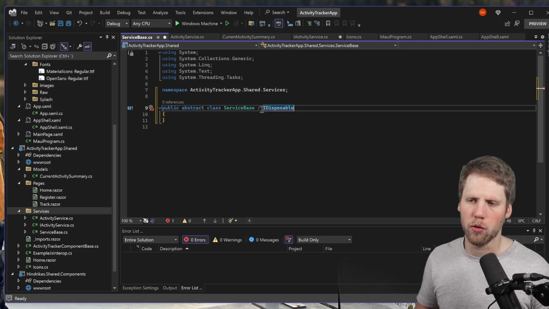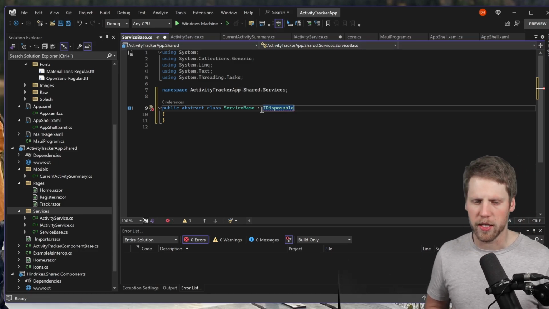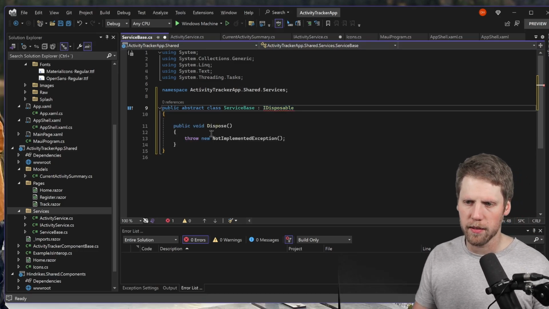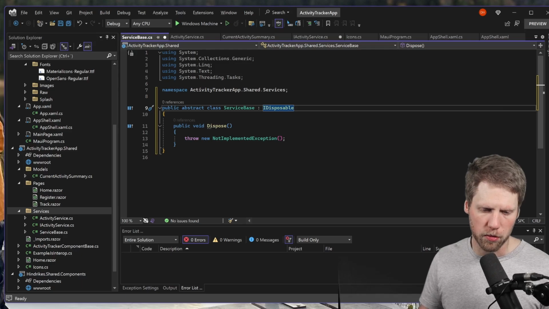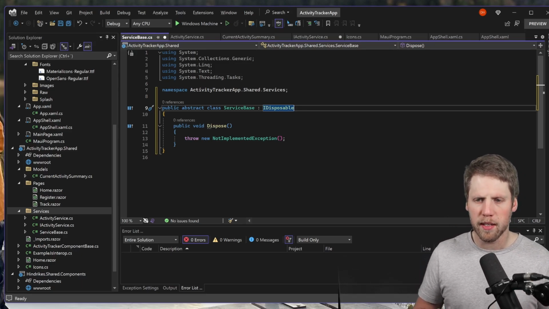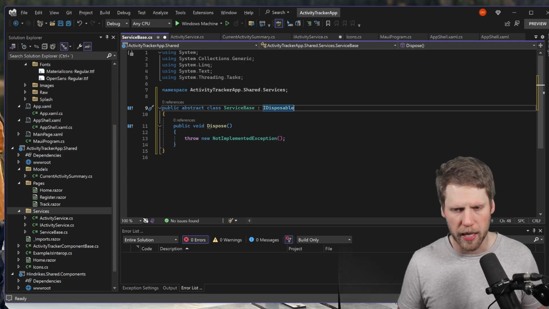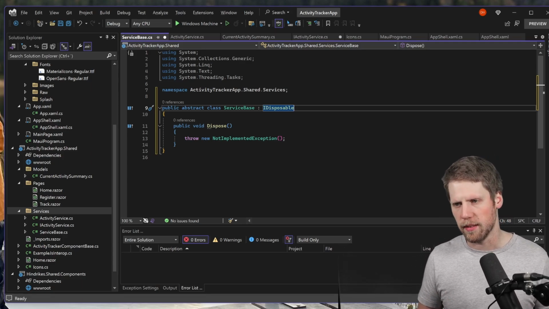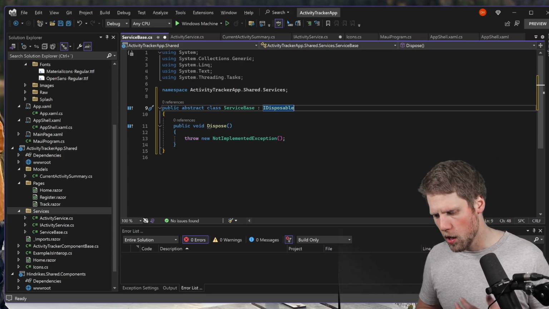So we can close the connection to the database when we are done. Implement that interface and have the public dispose method. So now I will write the code testable. That means that I want to be able to write unit tests. And when I do that,